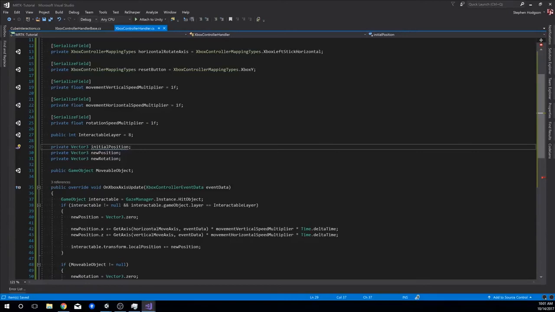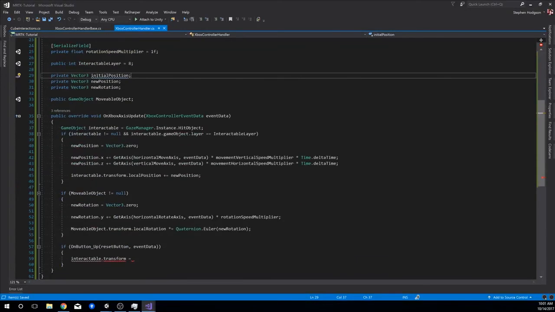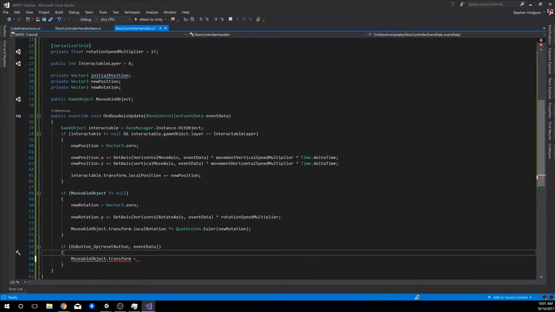Actually, interesting thing here. We'd probably only be able to do the initial position for our assigned object. So I'm actually going to use our assigned object instead of our interactable. It might be a little bit more complicated to get the initial position for our interactable when we first wake up, because we may not have our gaze on it. That might have to be an internally stored variable on the object itself that you need to keep up with. So just for the sake of simplicity, we're going to use just our movable object, and we're going to